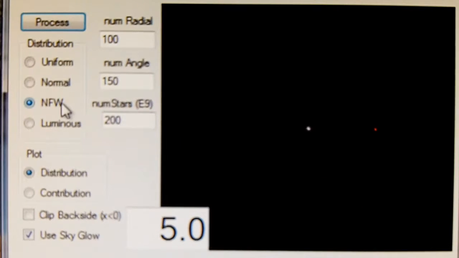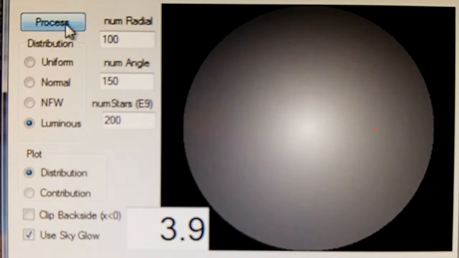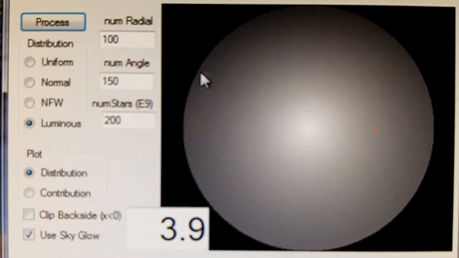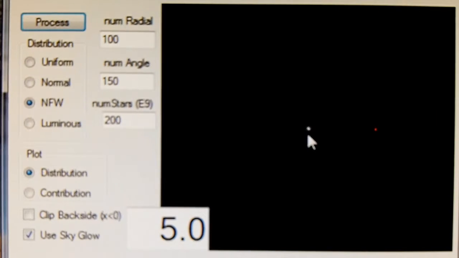But if we compare the Navarro-Frenk-White to what they measure as the luminous, the luminous is still more toward what we would expect as the nighttime luminous. We go to this one, which is in order to fix the problem of the dark matter, and that gives us an even worse problem because instead of having lots of stars very, very far away, by concentrating most of the stars on a little pinpoint at the center, you're actually bringing a lot of stars that would have been farther away even closer, and so they're going to increase the nighttime